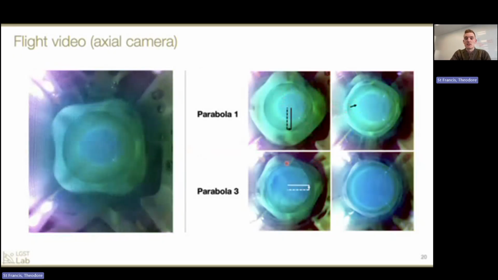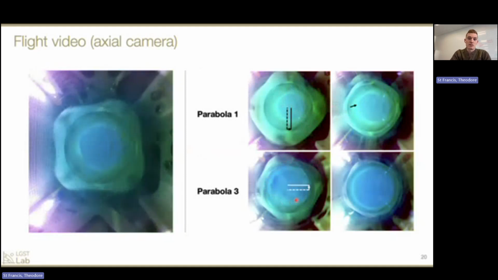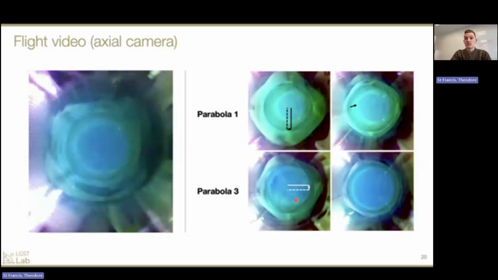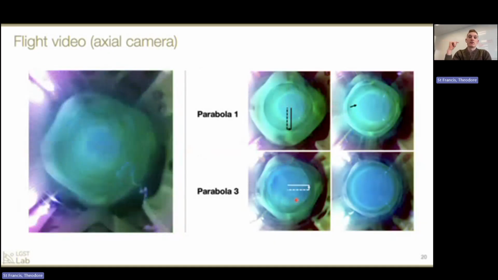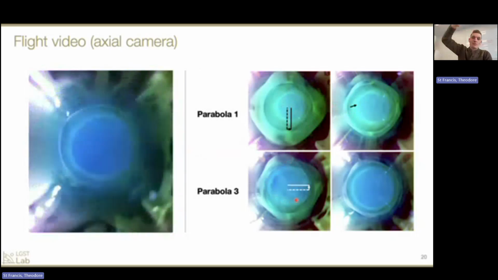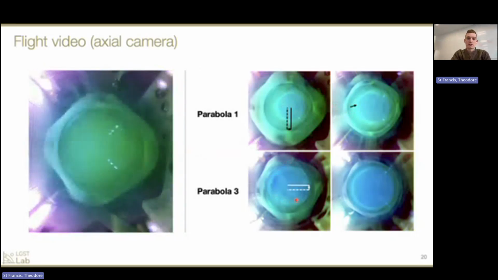Which is to say that the interface, as we can see it from this view, is mostly circular, which shows that it's axisymmetric, where the displacement that we're viewing from the radial camera is the same in every position around the circle of that